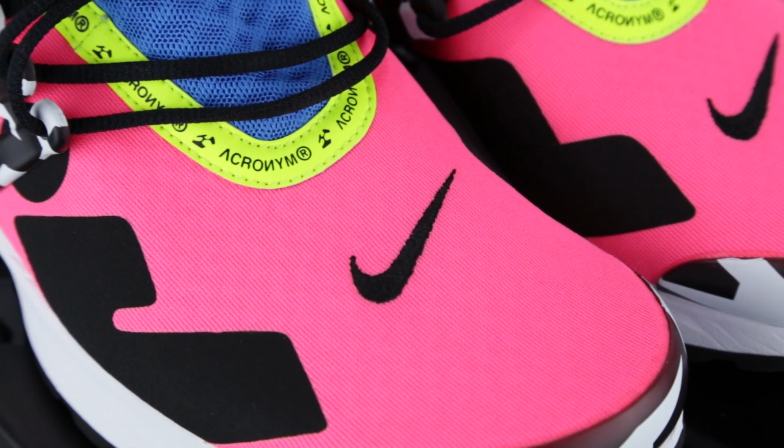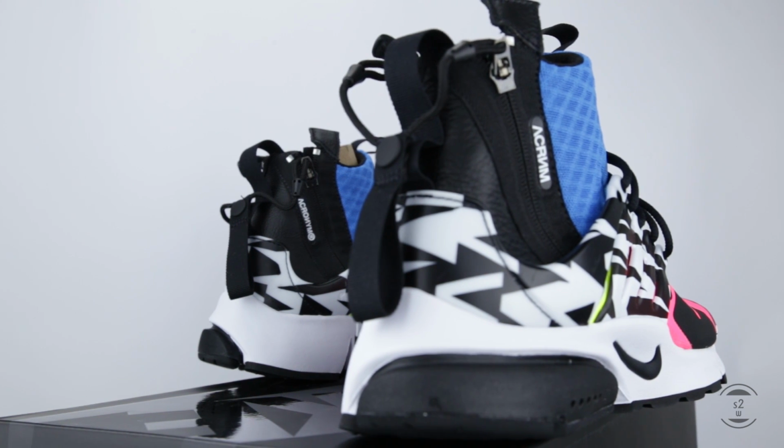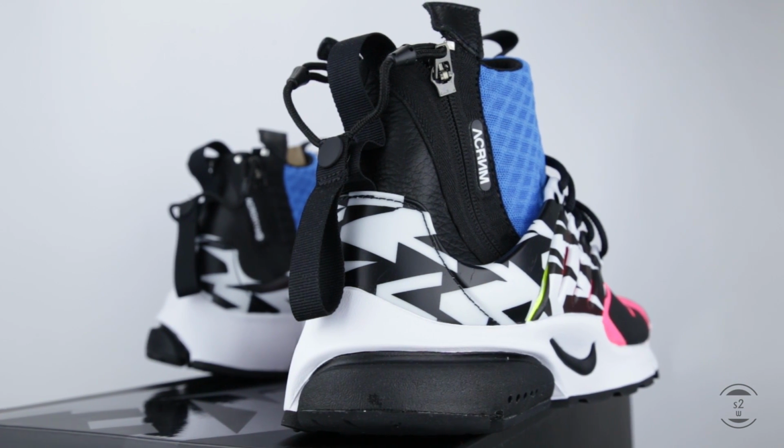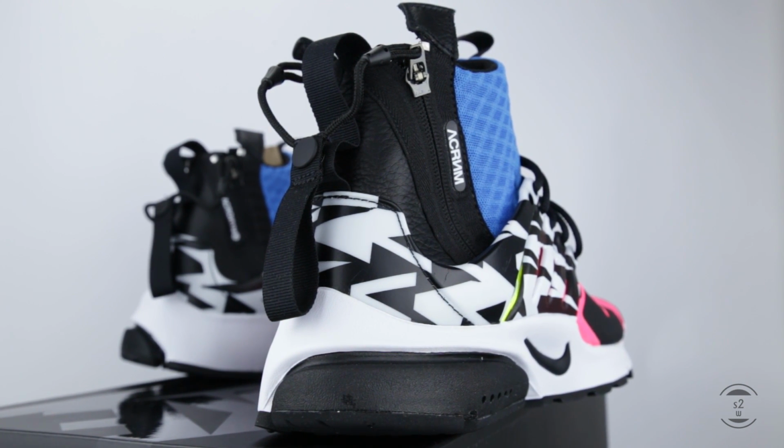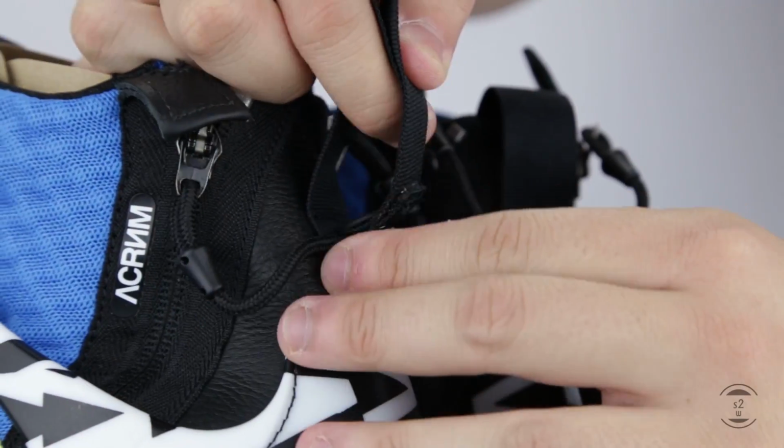On the forefoot surface, we'll also see an embroidered swoosh logo to show off the Nike branding. At the back of the sneakers, we'll see the same iconic ACRONYM Presto design with a visible pull cord and zipper tabs that actually spread beyond the collar. The design is pretty unique in my opinion, with a snap fastener that you can unbutton to allow a quick